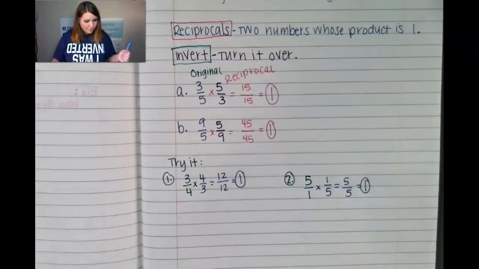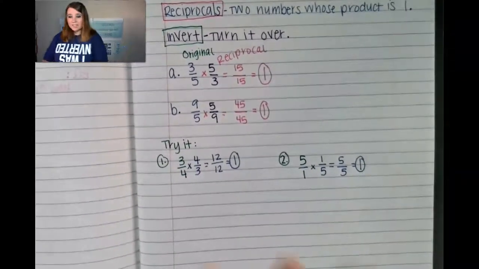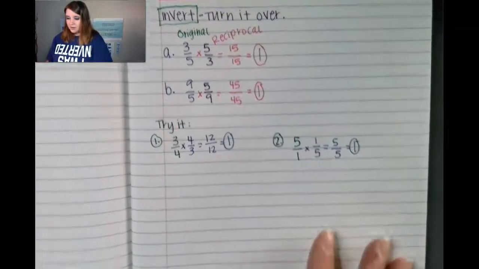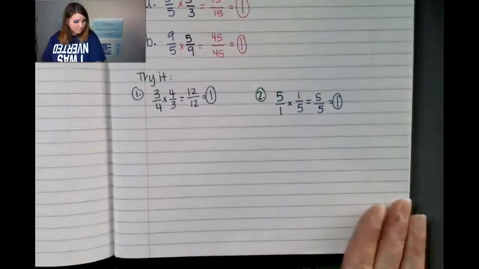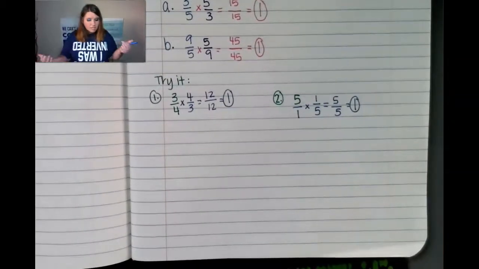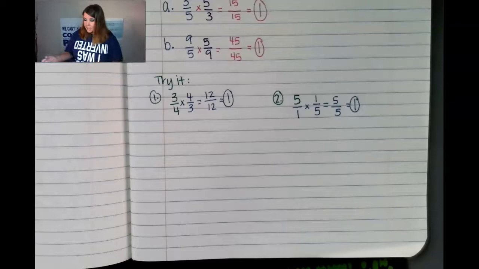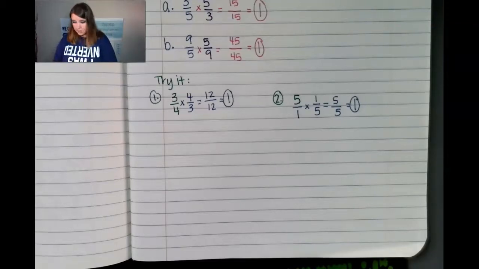All right, so now you're kind of starting to get this key idea that you learned in 5th grade about to divide fractions, you have to keep that first one. Then you have to flip or find the reciprocal of your second fraction in order to multiply the next number, right? So the key idea that we're looking at here,